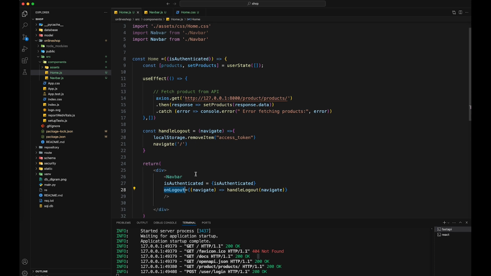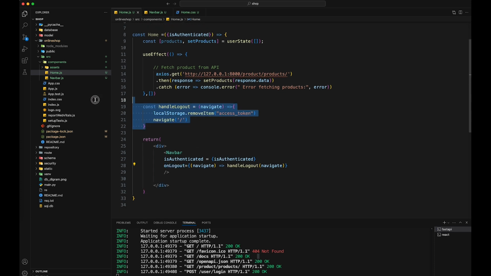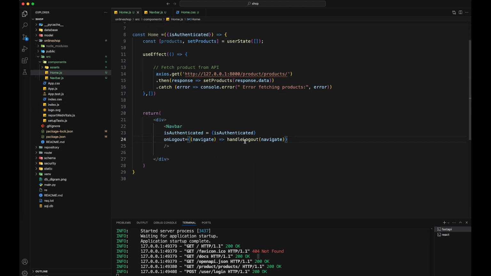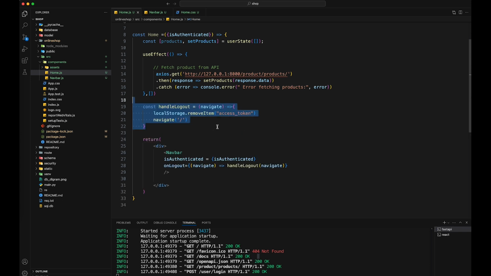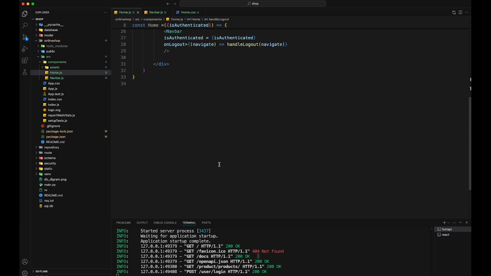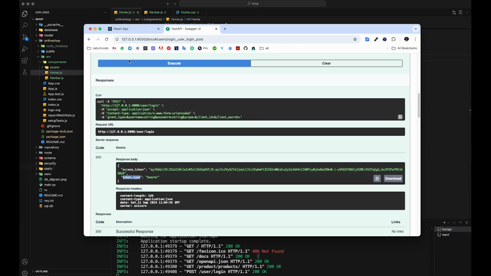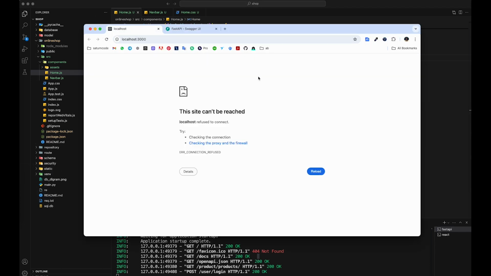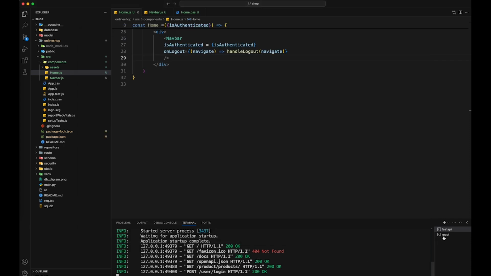Okay, now let me check some things here, because we have already defined this method inside navbar. Maybe we can use it from here, not typing 2 times. That should work. And now let me check. Oh, should not work because